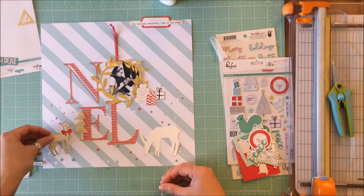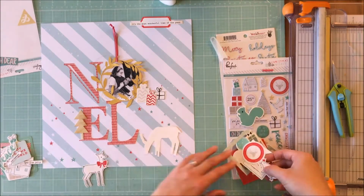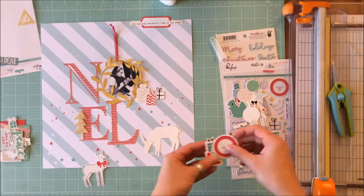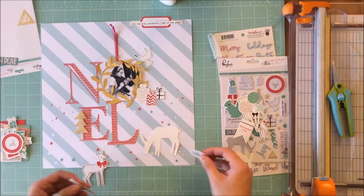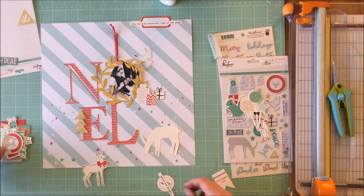Those deer, I absolutely loved him, and he looks perfect there, but he's the wrong way. Same thing with that little one with the bow. I probably could have gotten away with that by the E and moved the tree elsewhere, but I ended up going with something else. So I have that little dove there with the branch up by the,